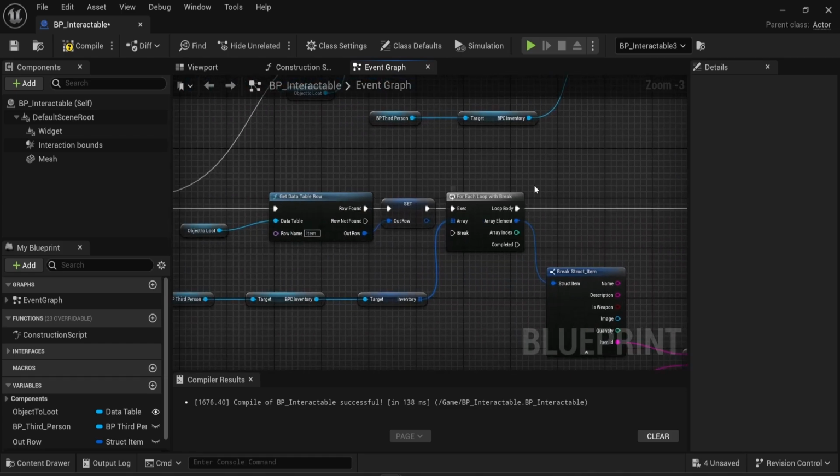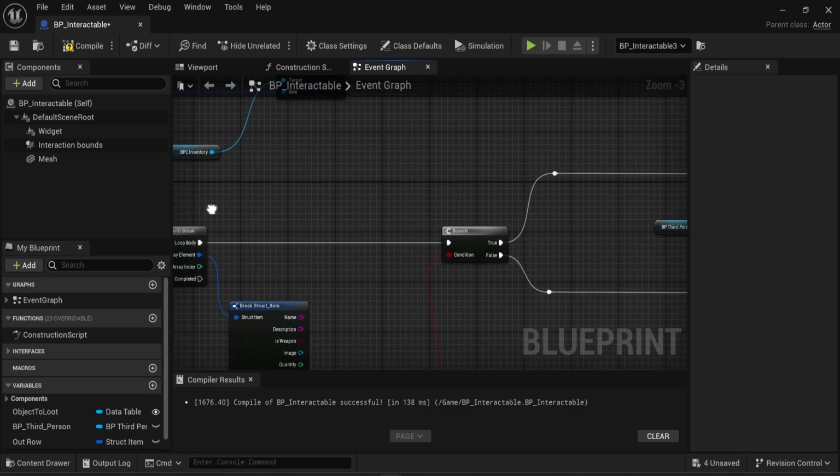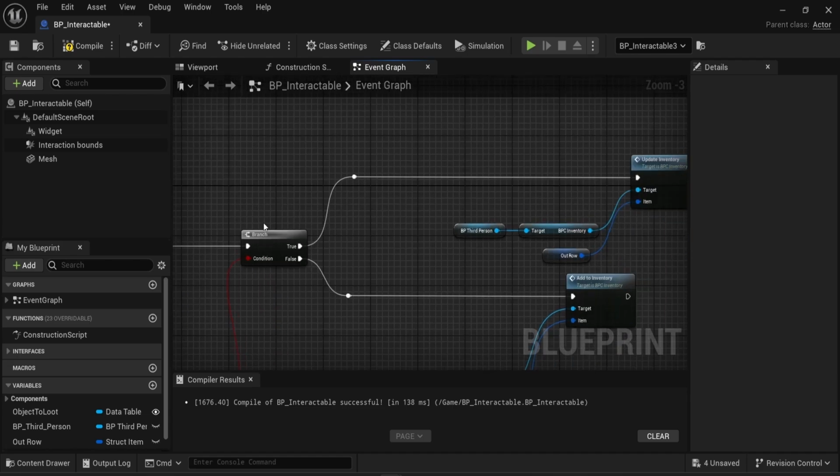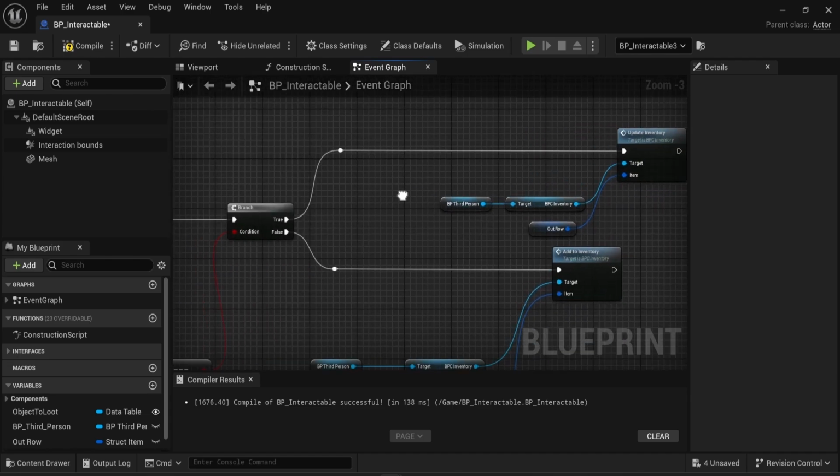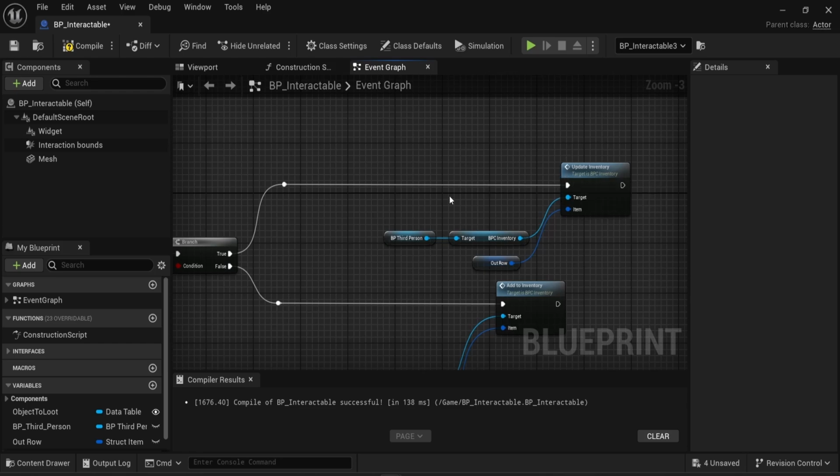So we have a for each loop with break. There's nothing breaking it yet. So what happens is that those two things can happen right after the other. So once we are updating the inventory, we don't need to look into more functions. This is it,